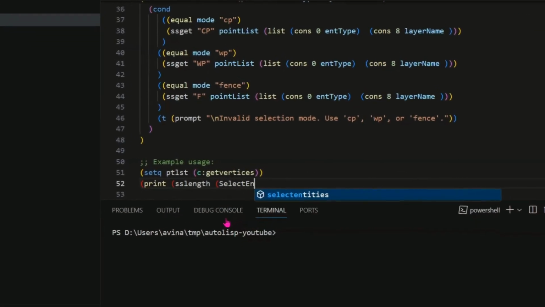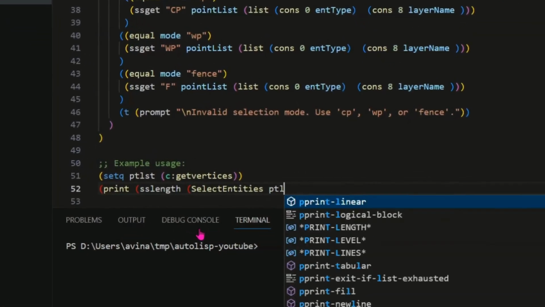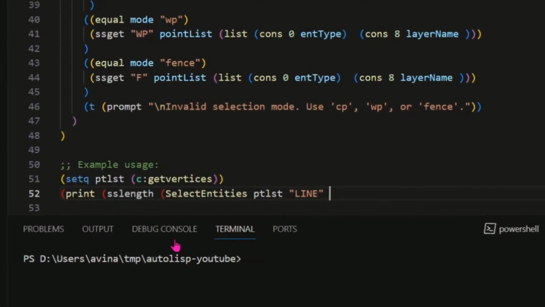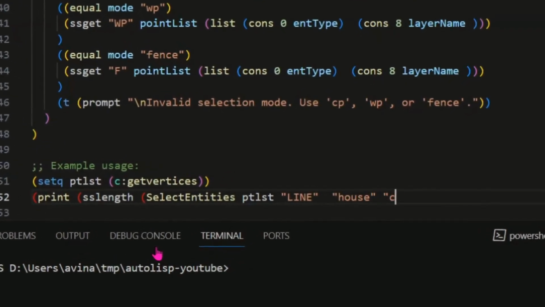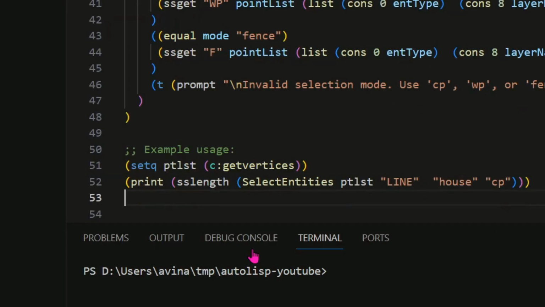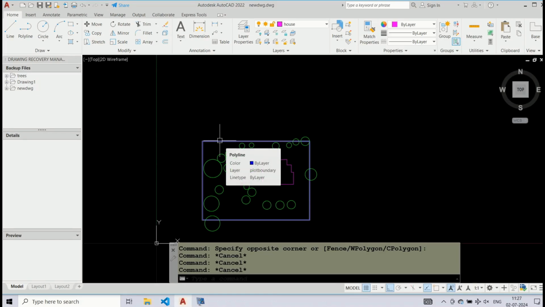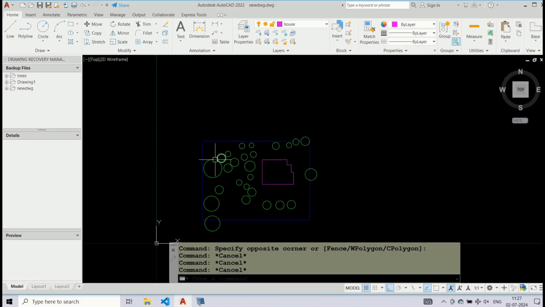The select entities function is called here, and the length of the selection set returned by select entities is printed. Select entities will return all lines on the layer house that lie fully or partially inside the polygon defined by ptlist.